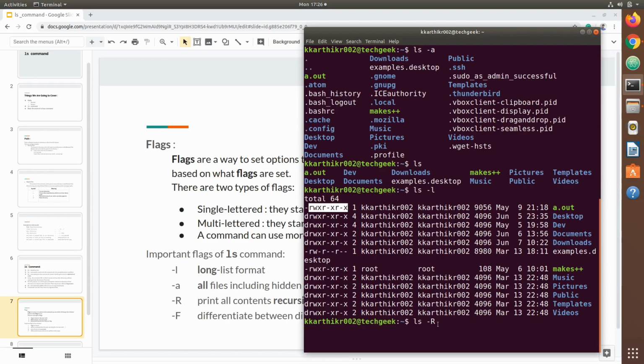Capital R is different from small r. Let's see one example for it. Let us run capital LS. See whether it is there or not. If you can see here, there's an error message that the command is not found. Case matters in Linux.